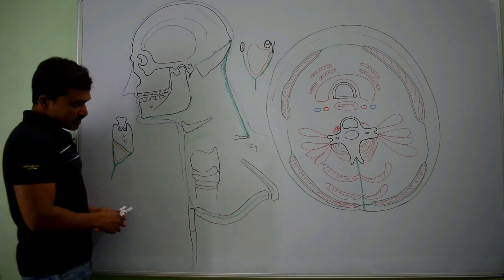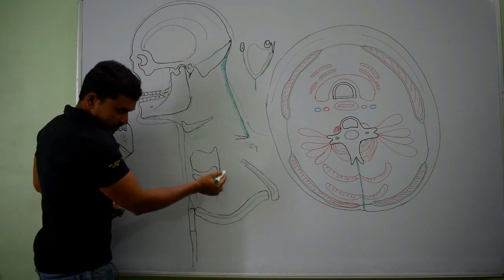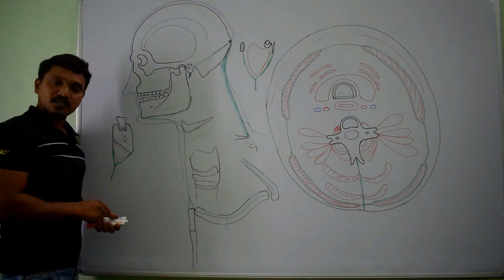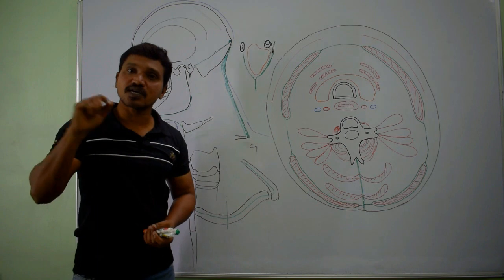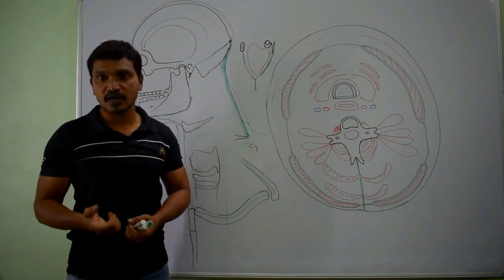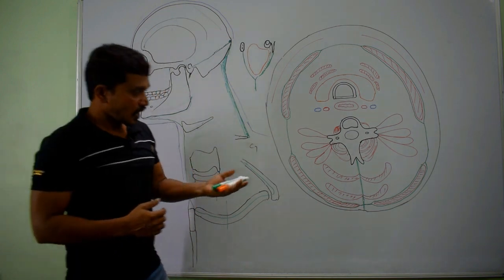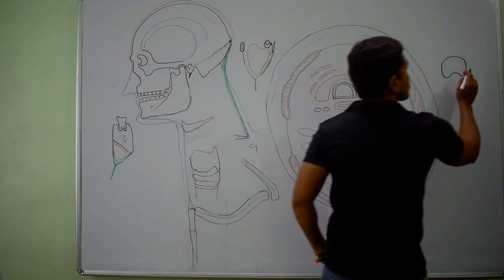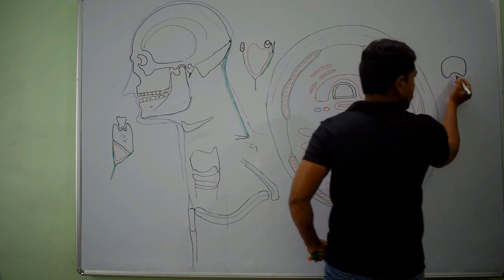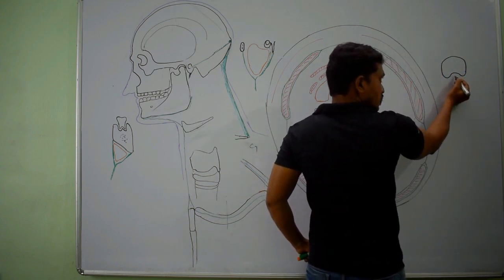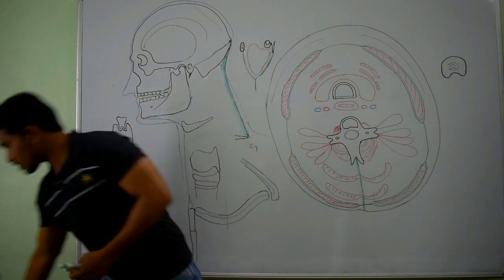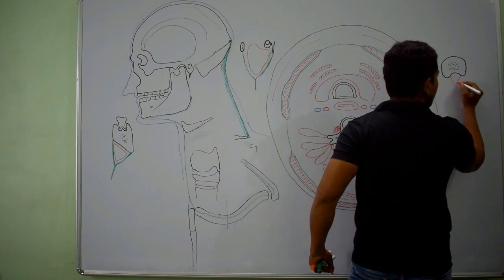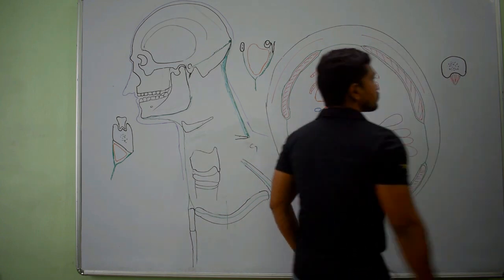Then if you take the section at this level, at the clavicle level, there will be one more space. That space we call the supraclavicular space. What is that space called? Supraclavicular space. To show that space, I will draw a section of the clavicle. If you take the sagittal section of the clavicle, here you can see the groove. What is this groove? Groove for the subclavius. Within the groove for the subclavius, what is present? Here you can see the muscle called subclavius muscle,